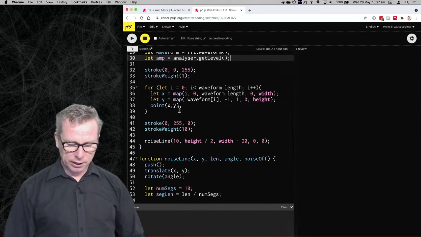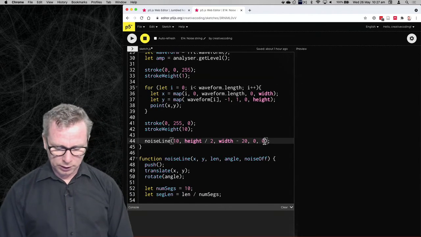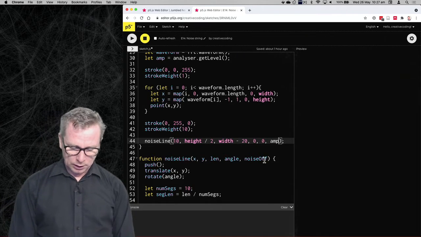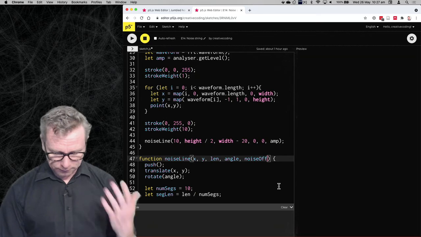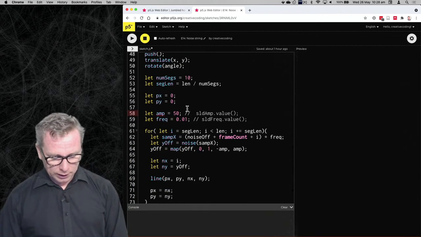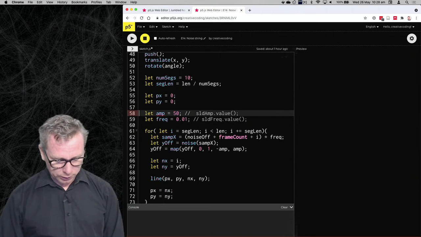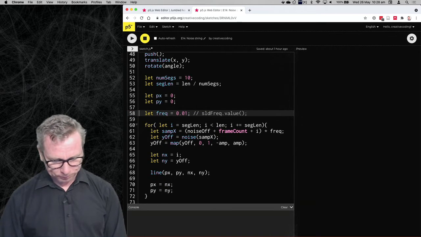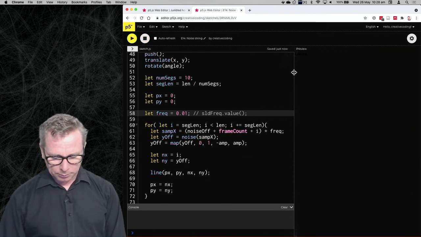I want to pass that into my noise line to control it. So I'm just going to add that as another variable, amp. That can be another argument to the function, amp, at the end. And then I can use that instead of just declaring my amplitude here. So let me just get rid of that. If I play this,